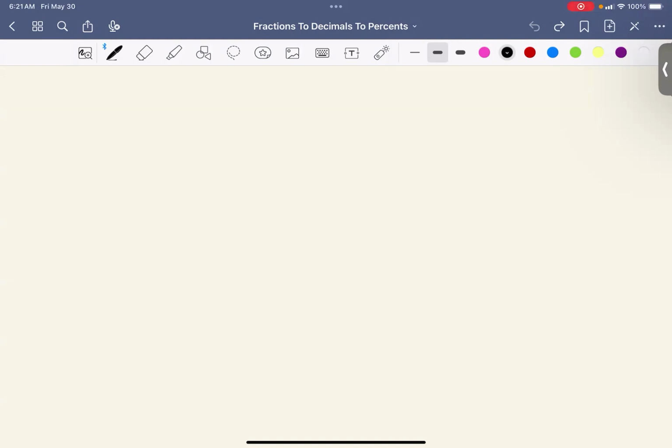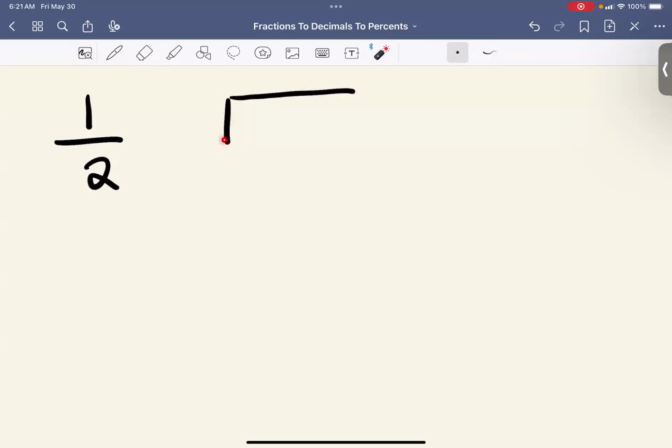In this lesson, we're going to learn how to turn a fraction into a decimal and then to a percent. So in a fraction, we have a numerator, which is the top number, and the denominator. Now to divide this, the numerator goes inside of this divide box. We call the divide box the dividend, and the denominator is called the divisor, and the divisor goes outside of